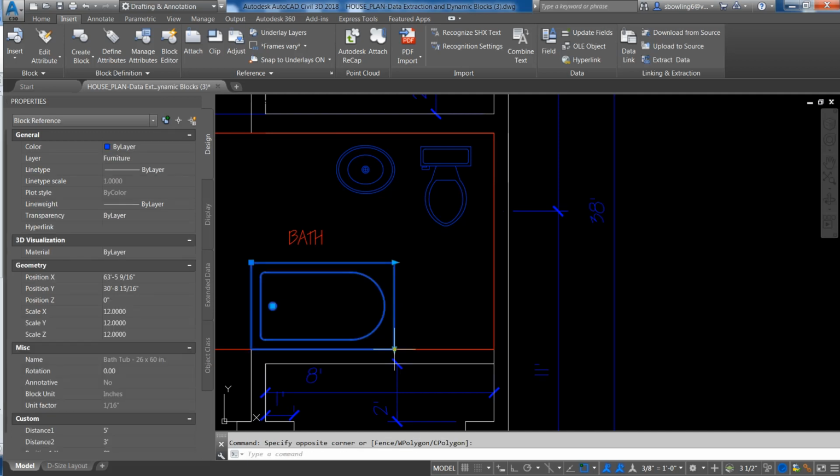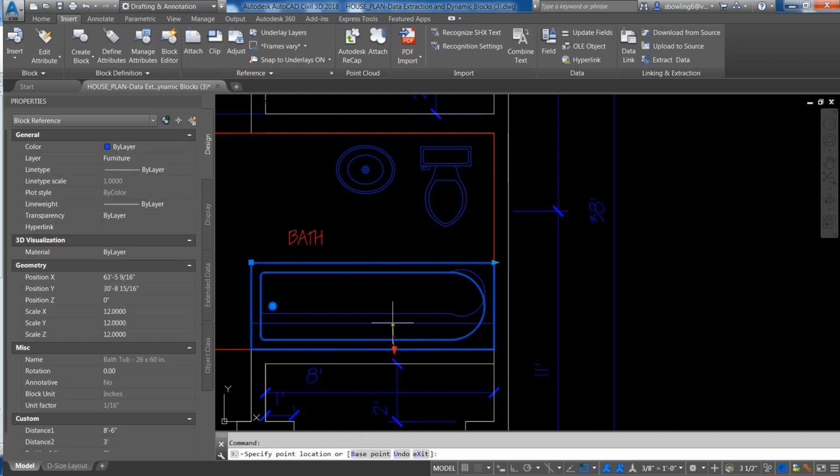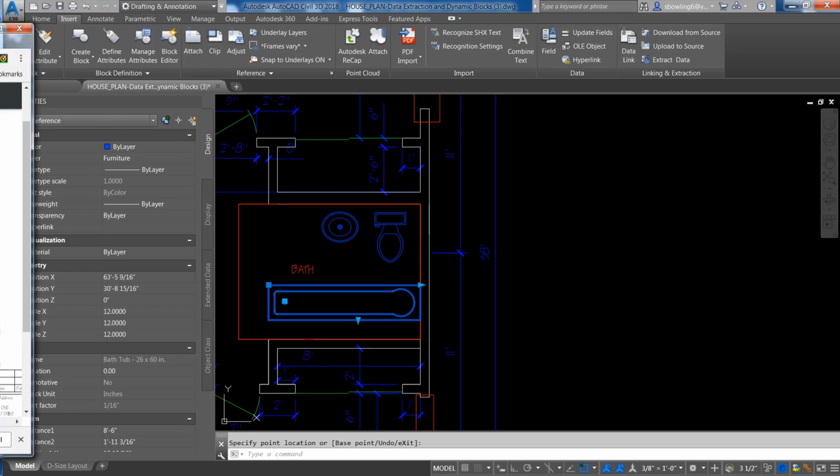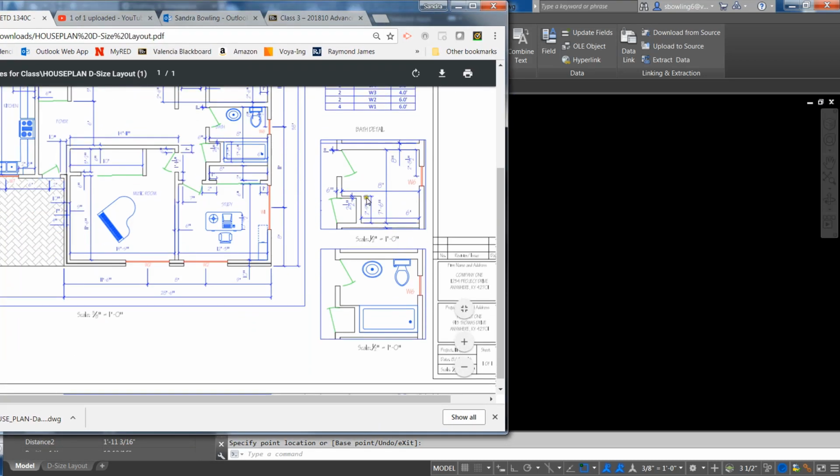Let's pretend that it needed to go this direction and it needed to go that direction. And we need to move the center. What you're going to do is make sure that it fits in the area that I have asked you to place it in, and I'll show you that. So your bathtub is supposed to be inside that 2 feet 9 inches by 7 feet, 7 feet 6 inches. I actually created a rectangular tub, but you can use the one from the Design Center